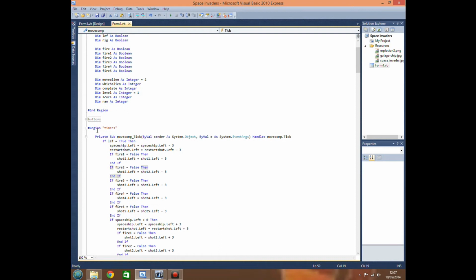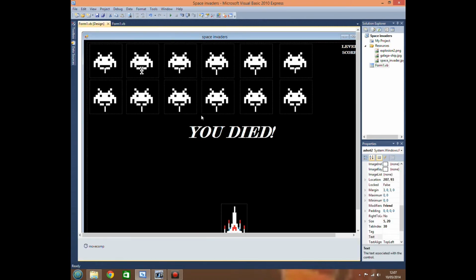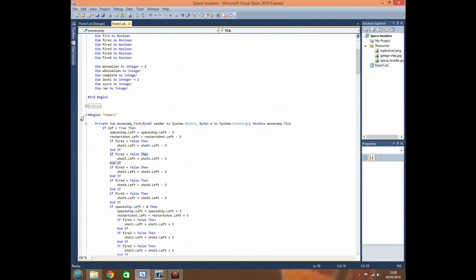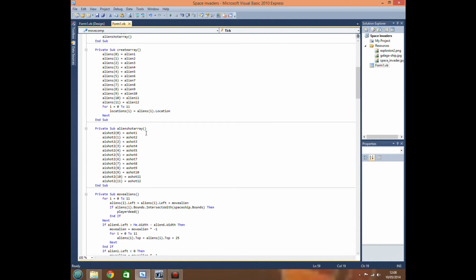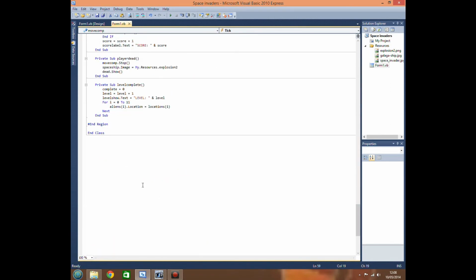Anyway, now we want to go back to making our invaders actually fire their shots at us. So we've created our array to move the shot, so now we want to create a new subroutine. So if we just come down here, private sub move alien shots,